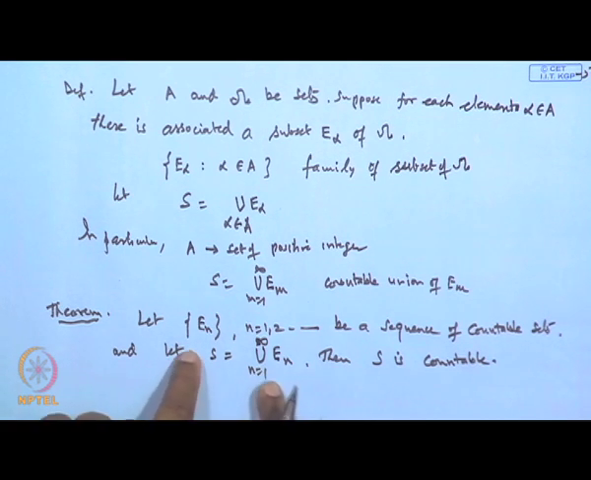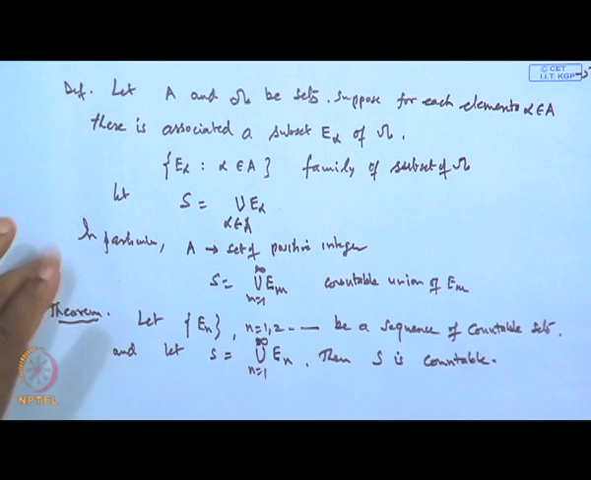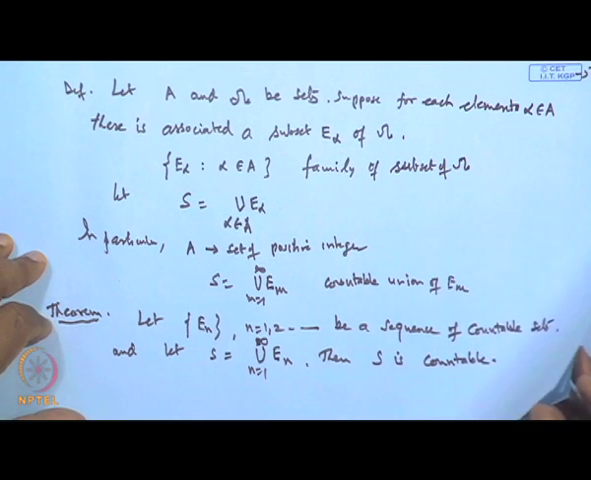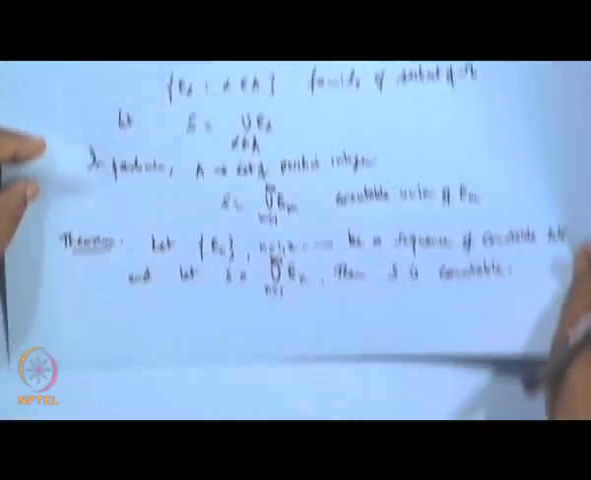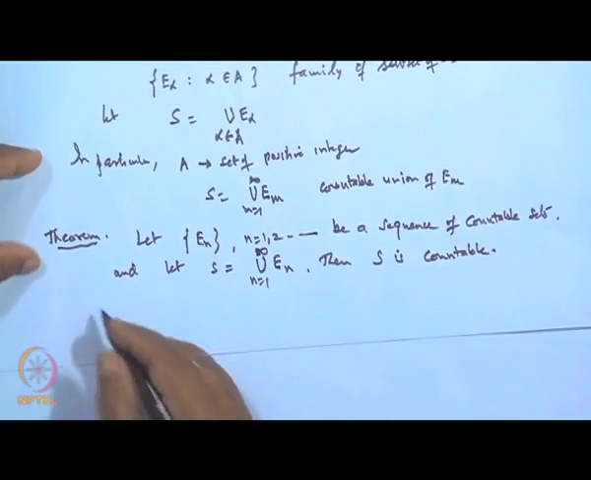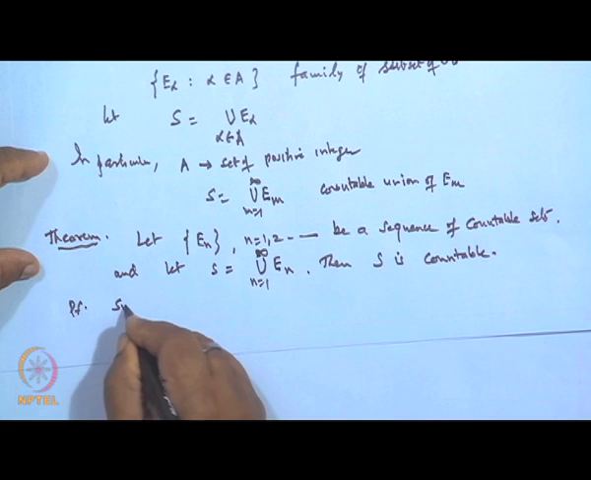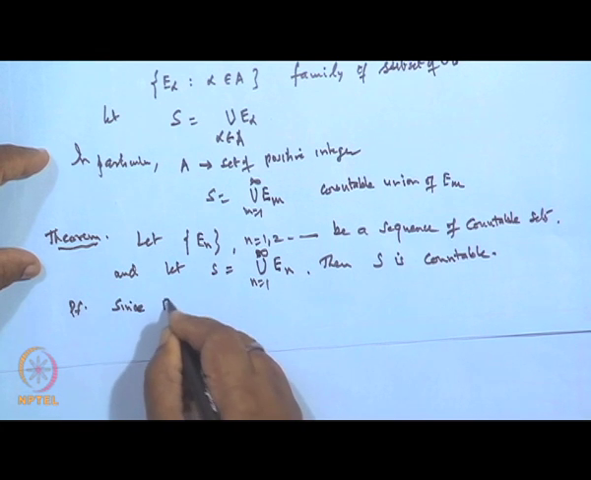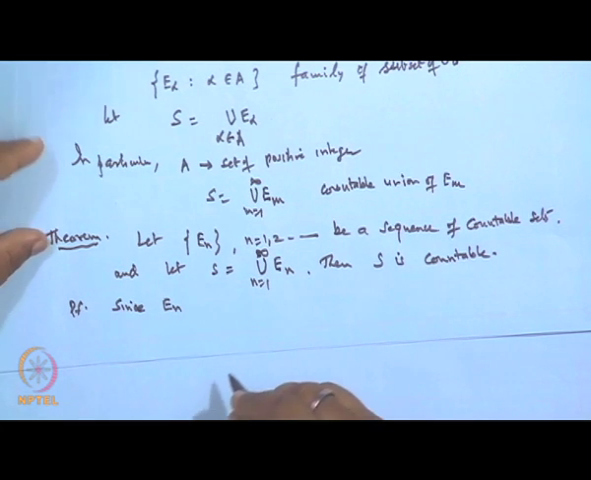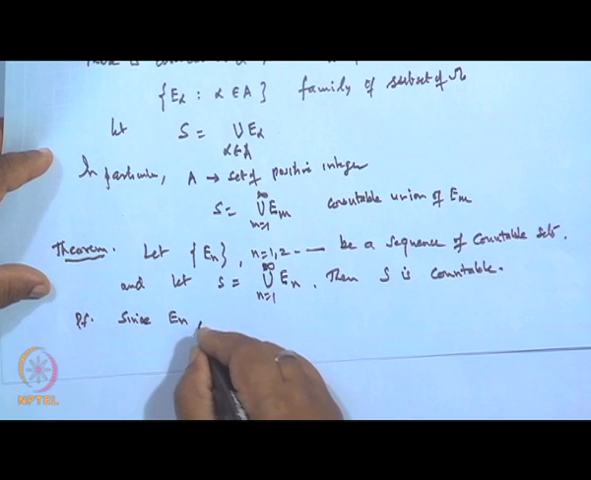So, a countable union of countable sets is countable, that is what this result says. Now, what is E_n? The E_n are given to be countable, so they can be arranged in the form of a sequence. So, the proof: since E_n, for each n,